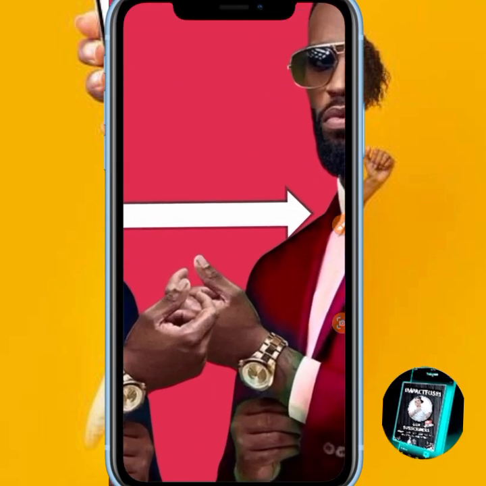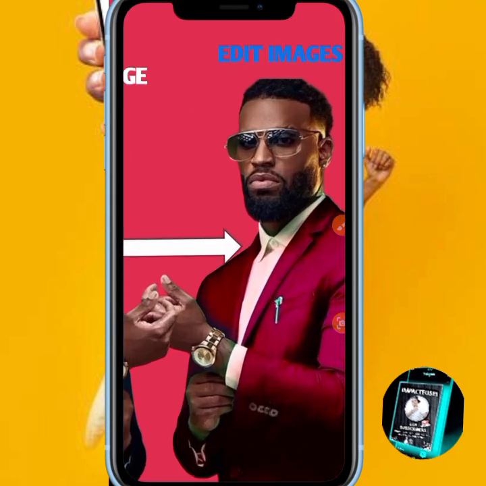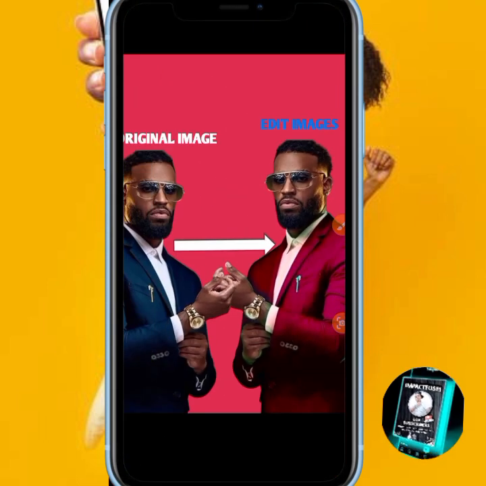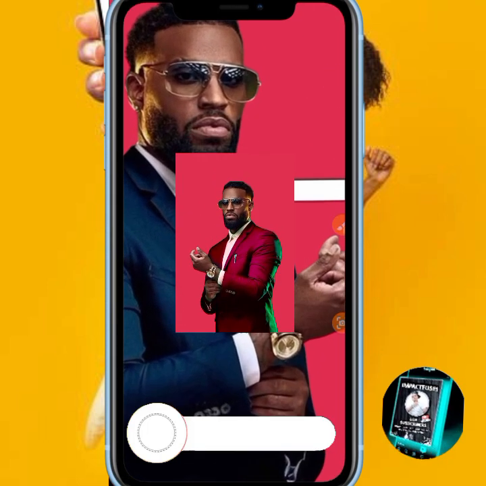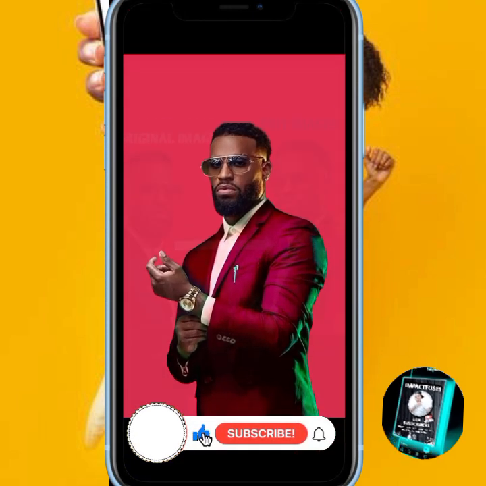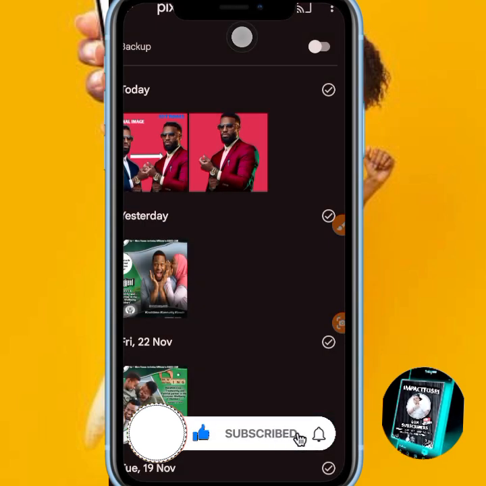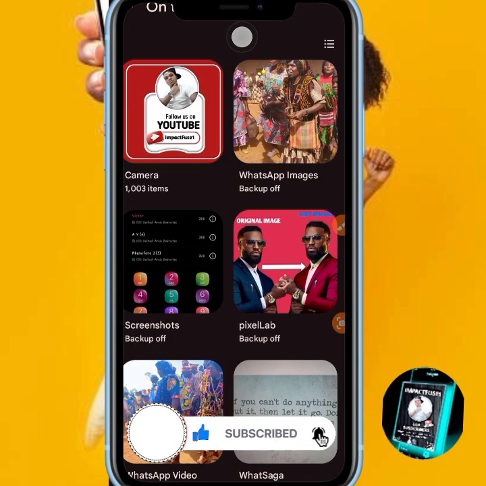So in today's tutorial, like I said, I'm going to be teaching you how to change the color of a dress just using your mobile phone, just using your PixelLab. This is going to be amazing, and this is going to be a very short and brief video. So now, let's head back to the image. Please, if you got your image,